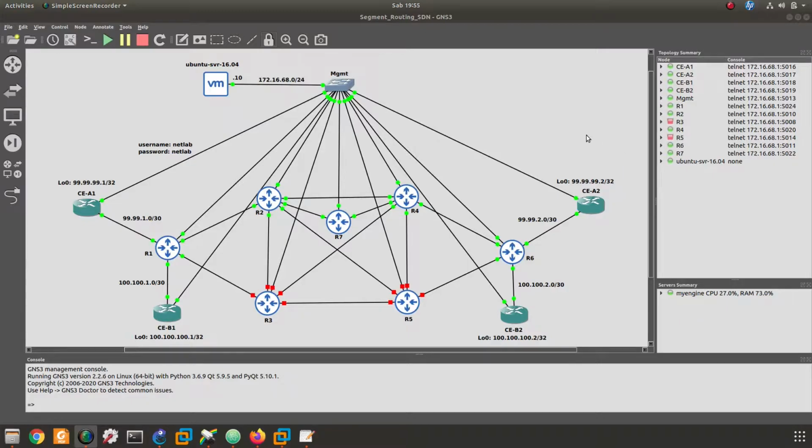Okay, as you can see on my screen here, I have built a topology in GNS3. So basically this is my personal project that I created using GNS3 as my favorite simulator. Here I have some routers that are connected to my virtual machine, where Cisco NSO and other automation tools are installed. So I'm using an Ubuntu Server 16.04 virtual machine that is connected to the